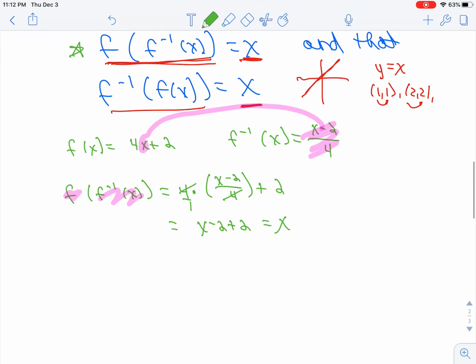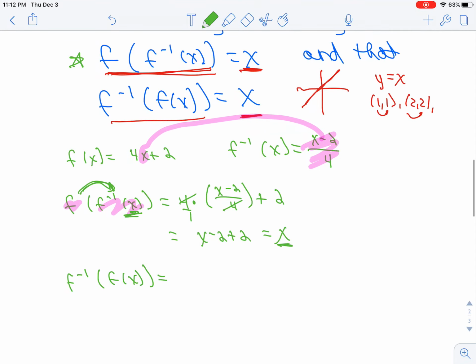So that tells me that when I do the composition of functions in this way, with a function and its inverse, it will behave just like the identity function. It'll map whatever I put in for x right back onto x. But I also have to show that it works the other way. So if I do f inverse of f of x,